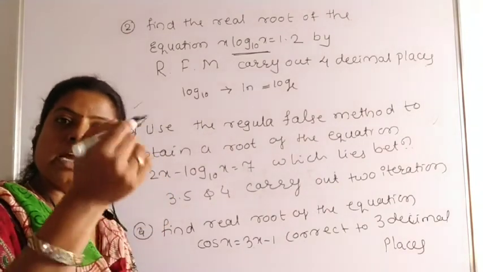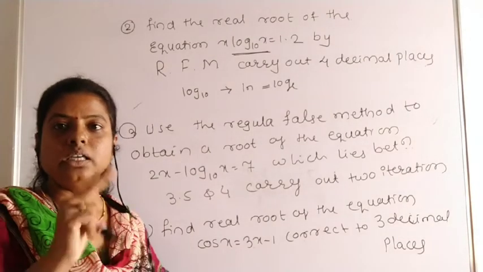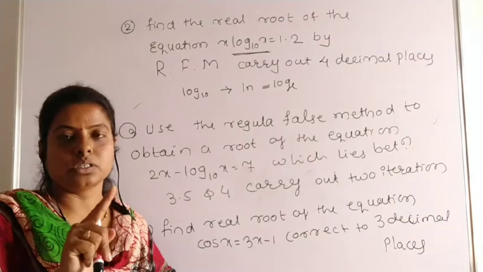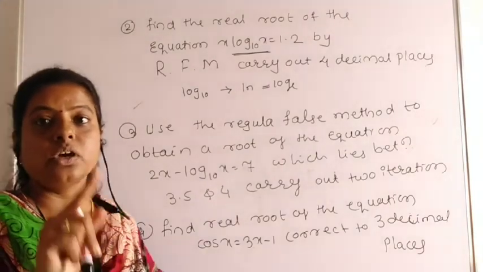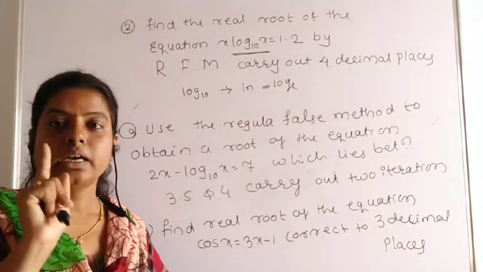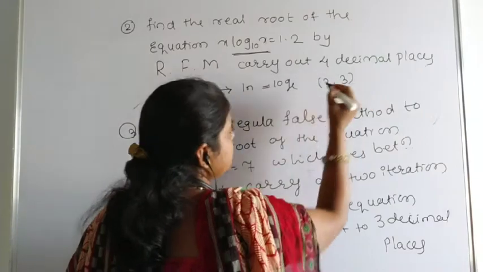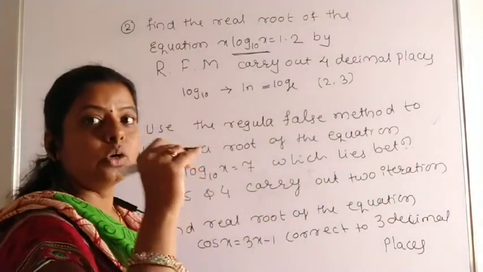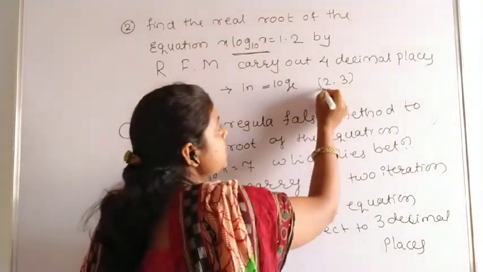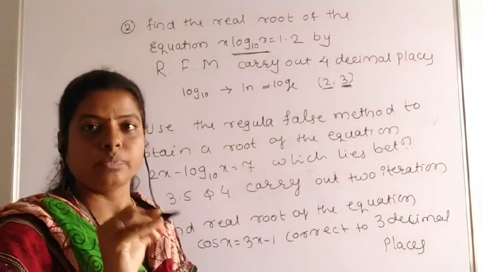Less than, exactly next of that, greater than term. Those two roots are your real roots. After getting those roots, which one is nearer to 0? You have to check it. The roots you will get here are 2 and 3. 2 is nearer to 0 or 3 is nearer to 0, you have to check. Okay.